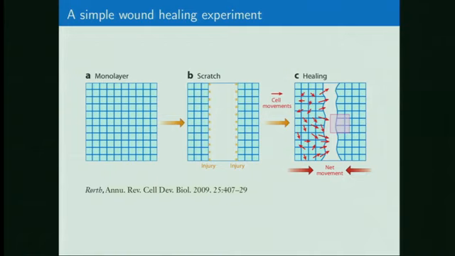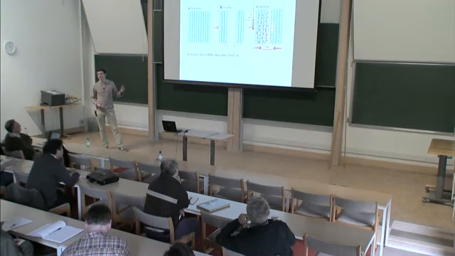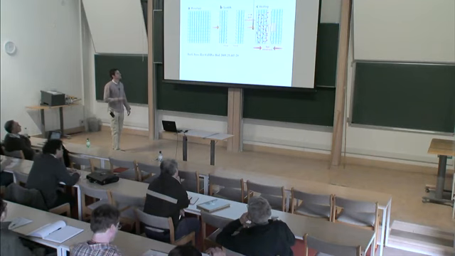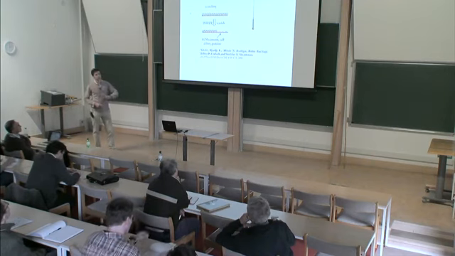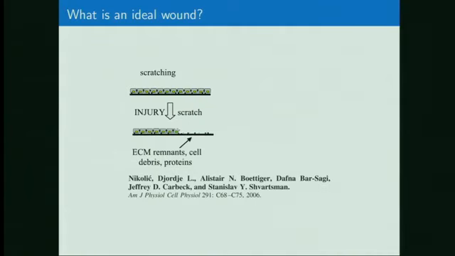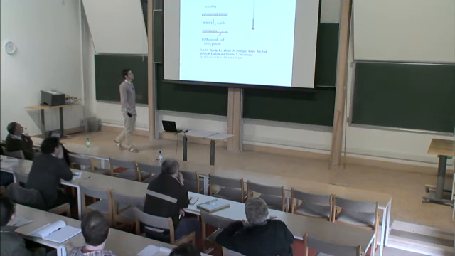from this damage. But of course, in reality, this process is by far not as clean and clear as one would think by looking at these pictures here, because it is practically impossible to scratch away parts of the monolayer without leaving lots of rubbish behind. So you will have remnants of the extracellular matrix, you will have cell debris, and most importantly, you will damage cells at the edge of the wound. And this makes it extremely difficult to decide what the control mechanisms and the driving forces in the wound healing